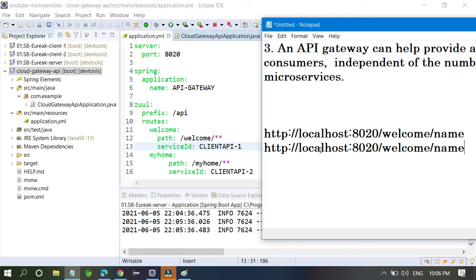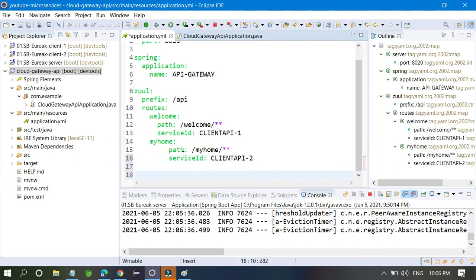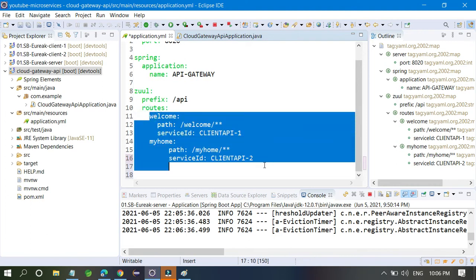You don't want to change the base URL, you just have to change this one path: welcome to my home, and here you have to change home. So you have to configure it: if you have 10 APIs, just copy this one and paste it in the next. As many APIs as you have, you configure like that only.